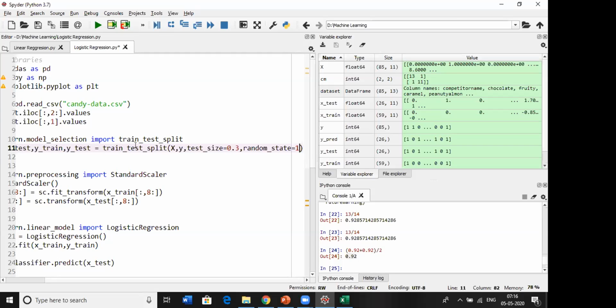Why we are doing it like this? It helps you select the data randomly, because the entire model you will be doing with hypothesis testing, whether it is a null hypothesis or alternate hypothesis. Those hypotheses you have to analyze based on simple random sampling or stratified sampling, anything. So based on sampling only you will achieve that. So that is the case for using random state.